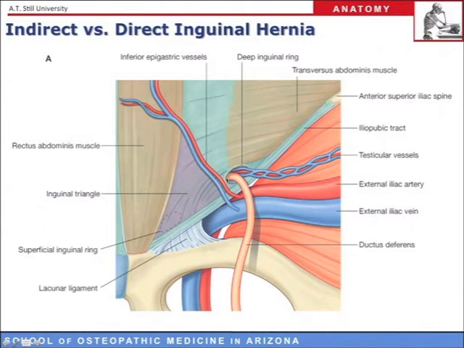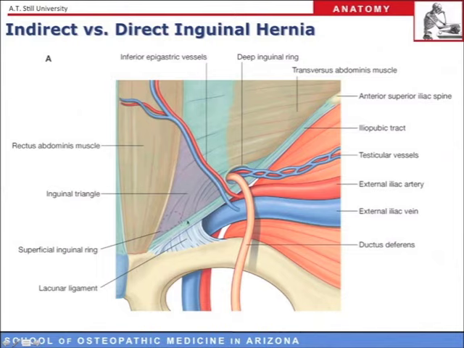So transversalis fascia would be the fascia that lines the transversus abdominis muscle from the internal aspect. Okay, so this is an important relationship, the deep inguinal ring being just lateral to the root of the inferior epigastric vessels here. Now, if we look just medial to the deep inguinal ring, so we're going to follow this medially about 4 centimeters, we're then going to see the location of the superficial inguinal ring. We can't see it from within the abdominal contents, but we saw it from externally. So the superficial inguinal ring is right here.